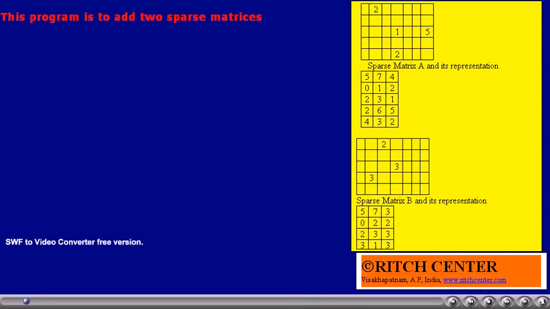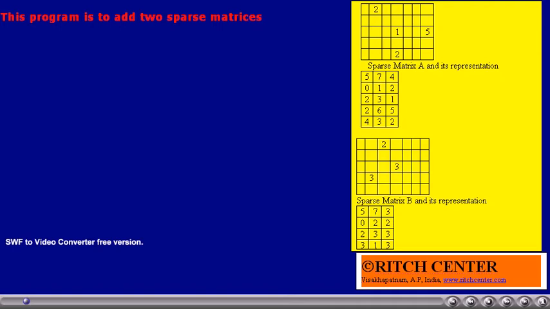For example, in the figure we have two matrices A and B along with their sparse matrix representations. If we add these two matrices, we will get a resultant matrix. For the time being, we assume it is also a sparse matrix. Of course, you have to understand that for the explanation's sake, we are taking these two matrices which are not really sparse, because the number of meaningful elements is significant here. Thus, we wouldn't say that they are sparse matrices. However, for the sake of explanation, we are taking them.